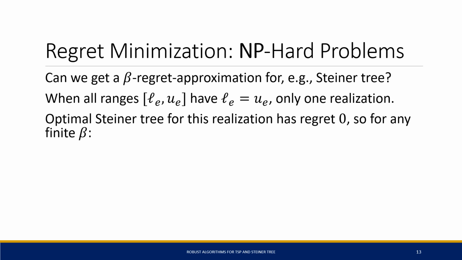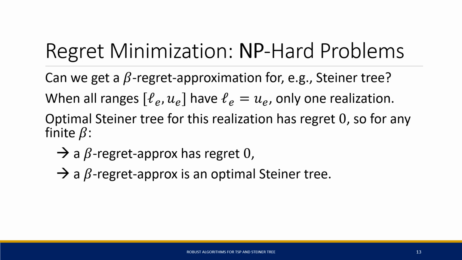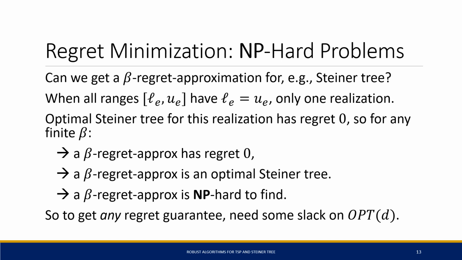Well, the optimal Steiner tree for this single realization has regret 0 because it is the optimal solution in the only realization. So then for any finite beta, if we have a beta regret approximation, then it also must have regret 0 because the minimum regret is 0. But that means that for this single realization, it's an optimal Steiner tree, and that means that it's NP hard to find. So getting a beta regret approximation for an NP hard problem is just generally infeasible for any finite beta. So in order to get any reasonable regret guarantee, we need to also have some slack on opt in